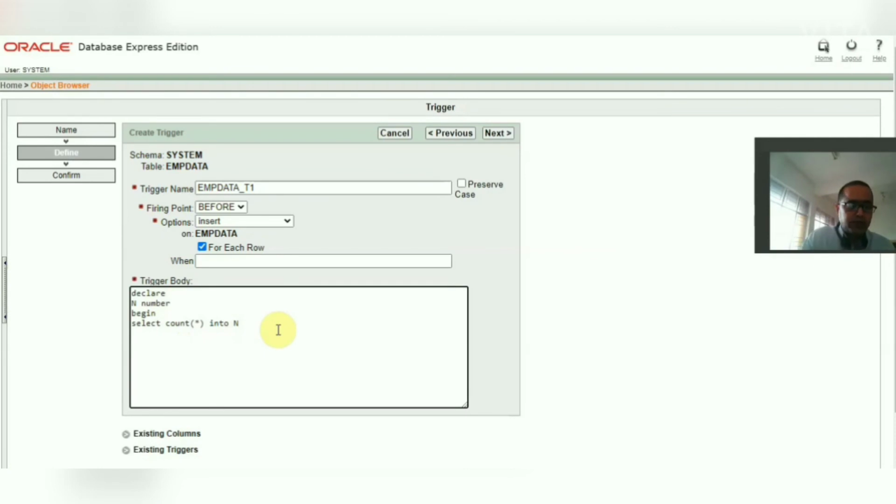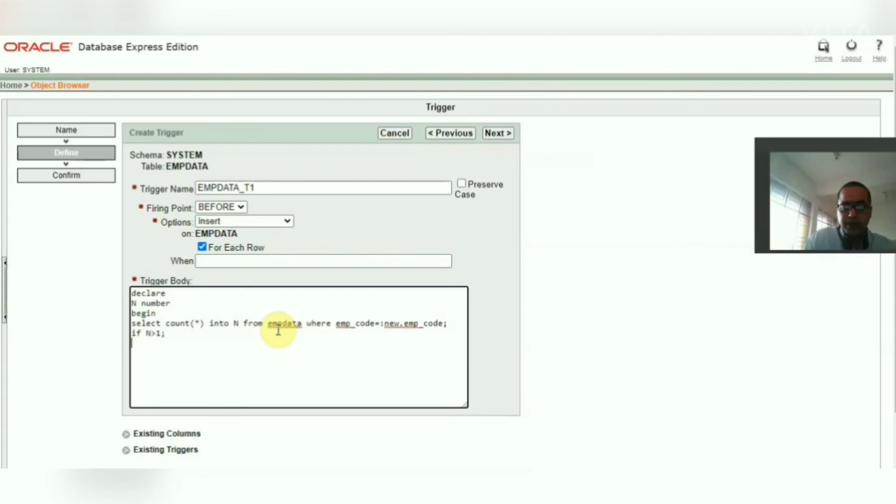So into n from, here is the table name EMP data, where I put a condition: where EMP underscore code equal to new dot EMP underscore code.